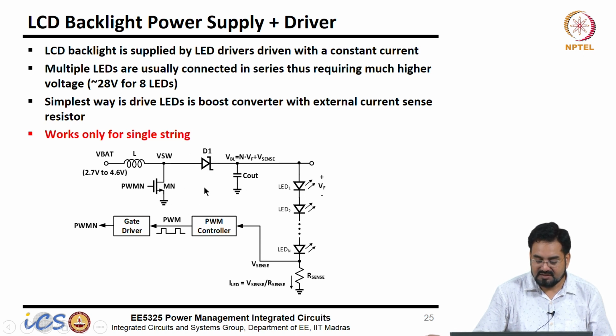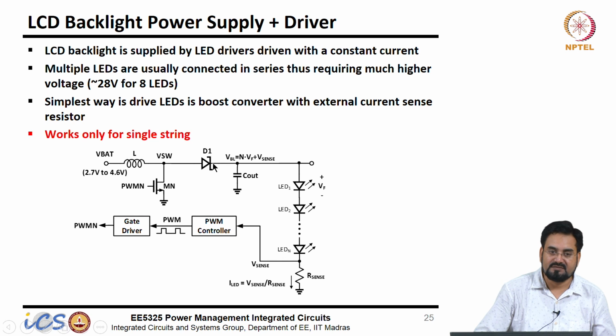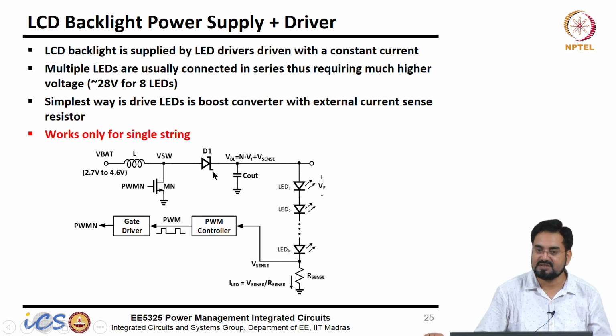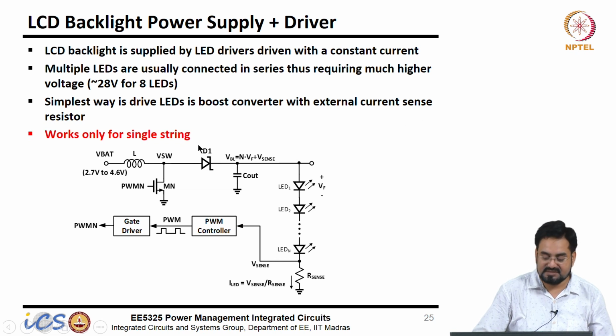Most of the time, in the process we use, it is a high voltage process, and we mostly get high voltage NMOS but not PMOS. So, for the high side FET, we put a diode, so it becomes a non-synchronous boost, and this is a Schottky diode, which is most of the time off chip. So, the on chip part will be only this MOSFET, which is Mn. You can regulate this current by having an external current sense resistor.